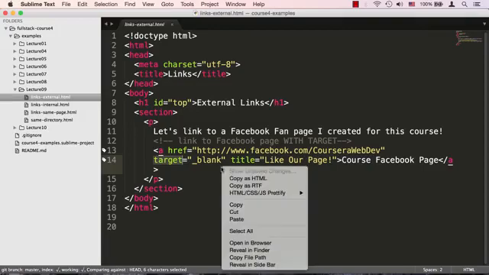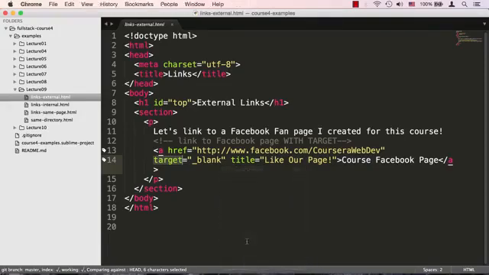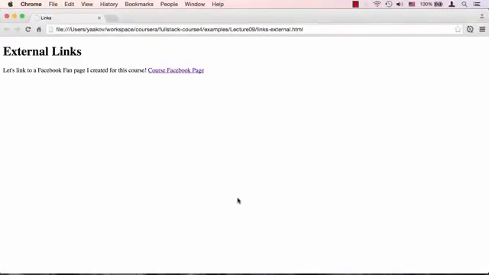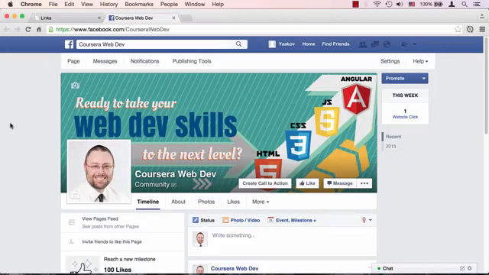Let's take a look at this page in the browser. And here's the page in the browser, and if we click this link, Coursera Facebook page, it will open a new tab and will load the Facebook page pointed to by that link. Coincidentally, this is a Facebook page I created for the 2 courses I'm teaching on Coursera, which is at